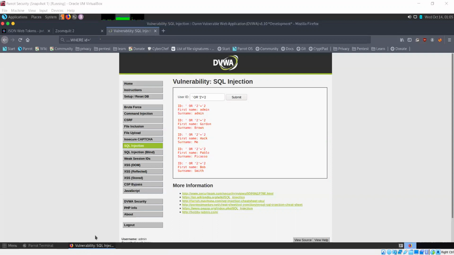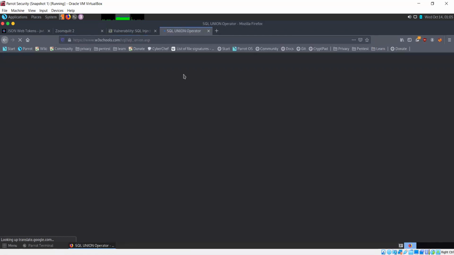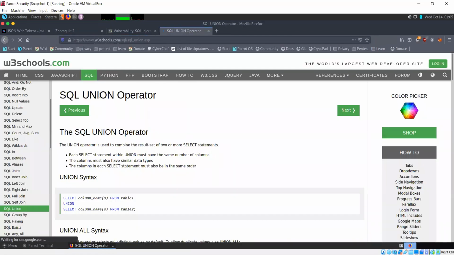Now UNION is a functionality in SQL. Let me just share that web page here as well, so we'll be able to discuss it better. In SQL, there is a UNION operator and it combines the results of two or more SELECT statements.